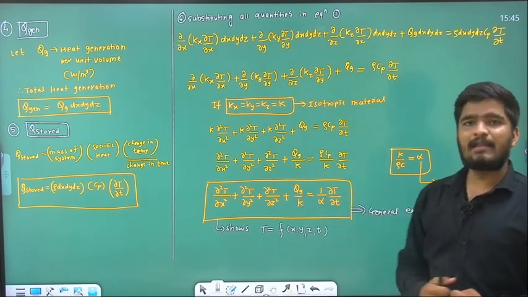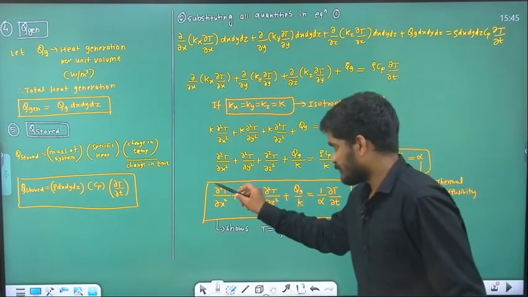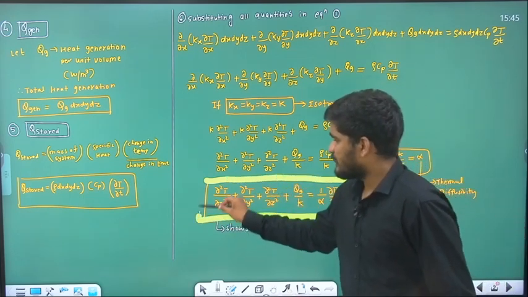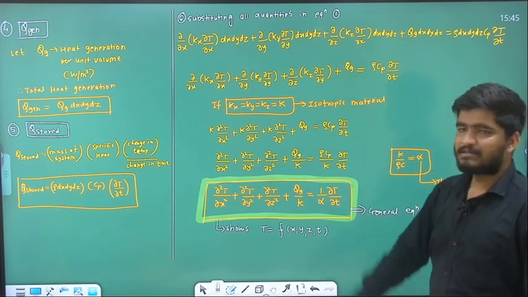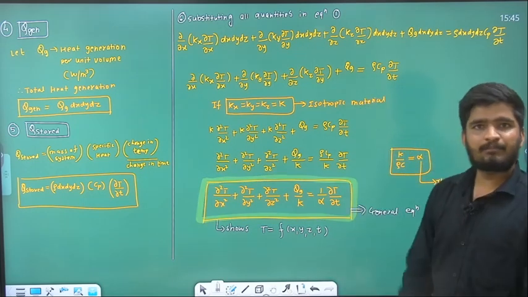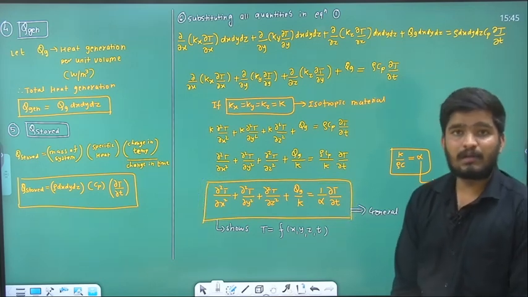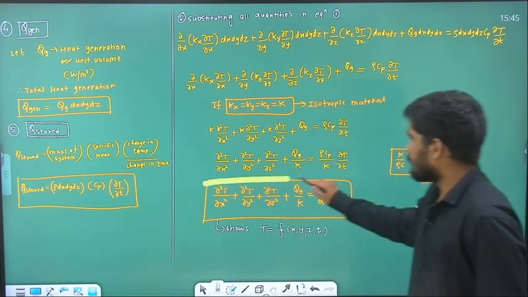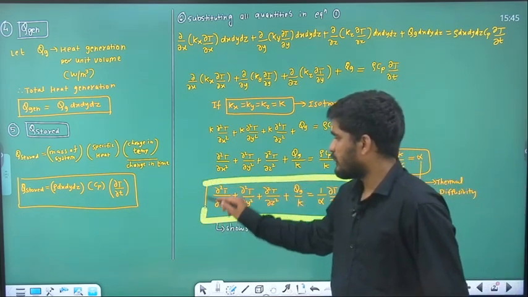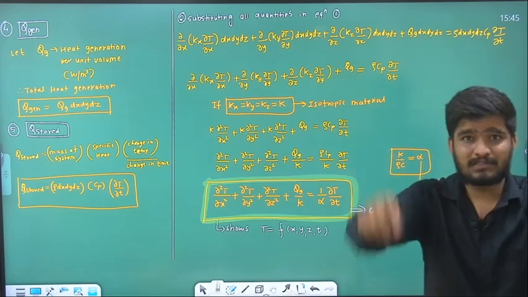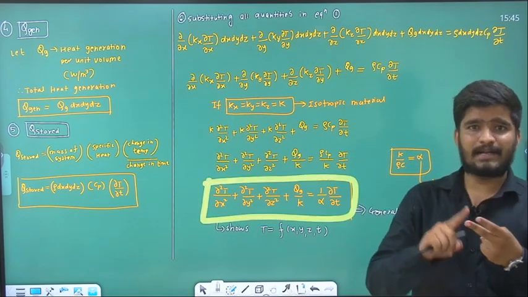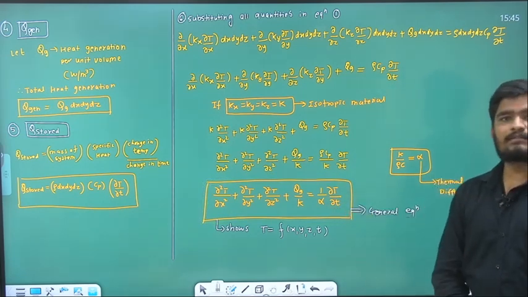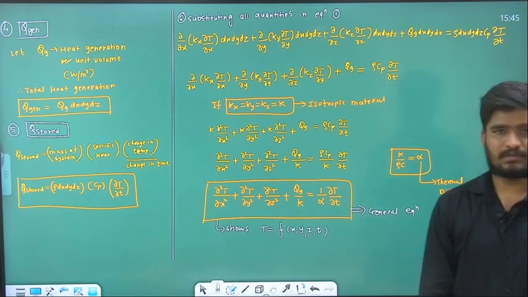And yes, now we are in a position to define the final expression, and that expression is ∂²T/∂x² plus ∂²T/∂y² plus ∂²T/∂z² plus q generation by k equals 1 by alpha ∂T/∂t, where t is time. So my dear friends, if you observe this expression carefully, you will get that temperature is a function of the x coordinate, y coordinate, z coordinate and time. So this is called the generalized heat conduction equation.